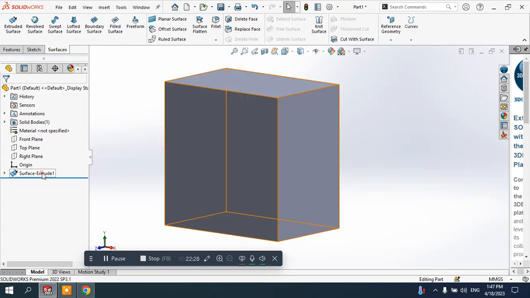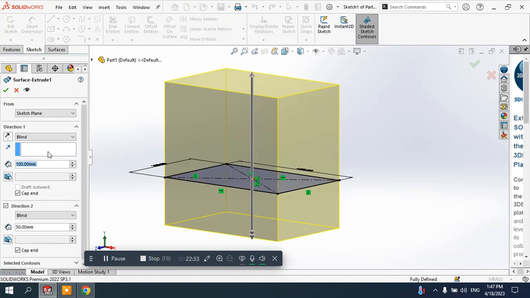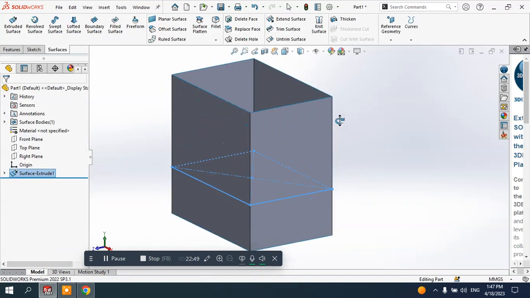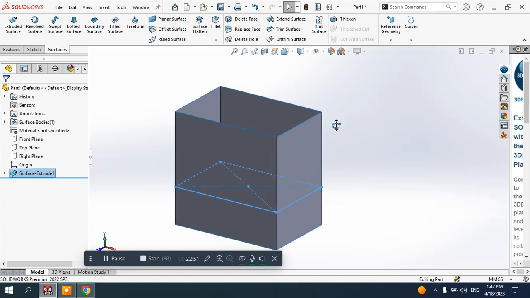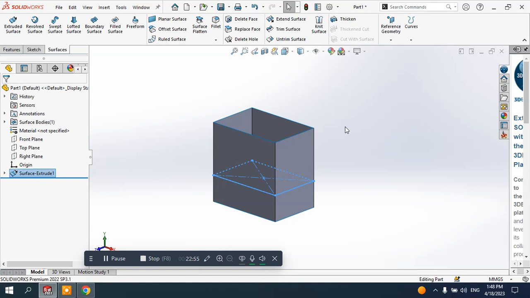So I will go to the surface extrude and go to the edit feature, and here deactivate the cap option, because I want the surface element in both directions. Click OK, and you see it is again converted to the surface, that is the open element. So this is how to create the surface elements using the extruded surface. Now